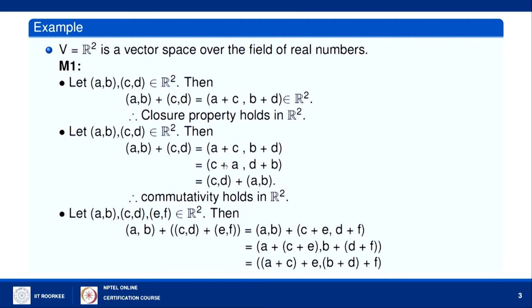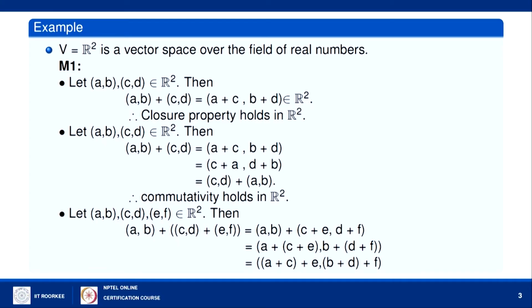I can write (a, b) plus (c, d) as (c + a, d + b), which is nothing but (c, d) plus (a, b). Hence, the order of the vectors in addition does not matter, and we are saying that the commutative property holds in R2. If you take 3 vectors, let us say (a, b), (c, d) and (e, f),